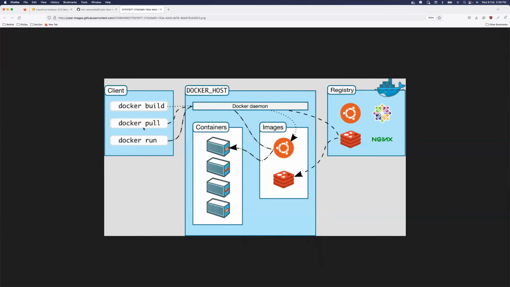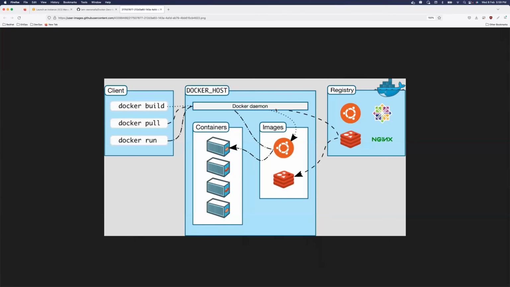If you use the Docker client to execute a command called Docker run, then it will create a container for you. If you use the Docker client to execute Docker pull, then the Docker daemon will receive this command and pull the images from your registry. It can be private or it can be public. Now, how does the Docker daemon understand what your registry is, like where these images are stored or where I have to push this?